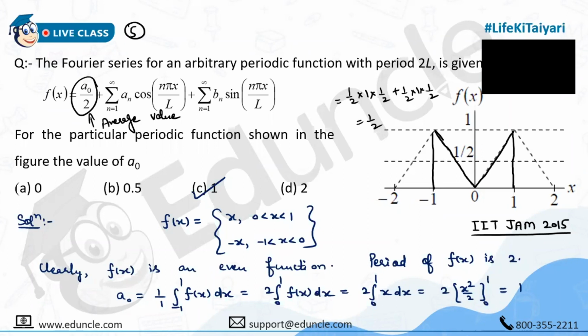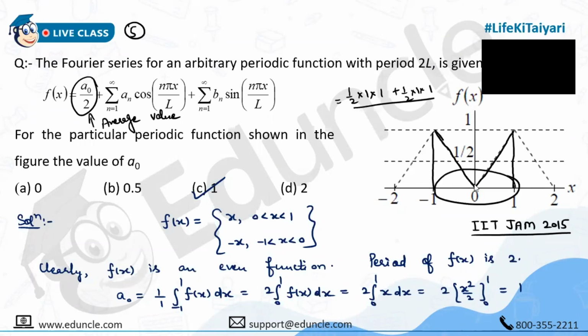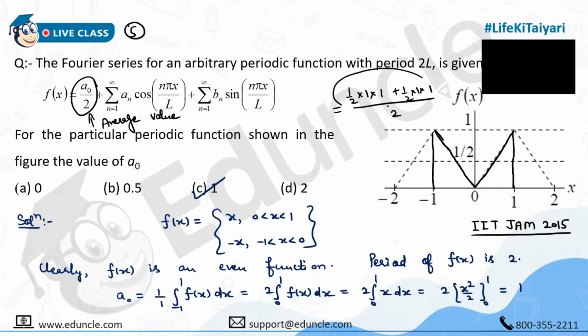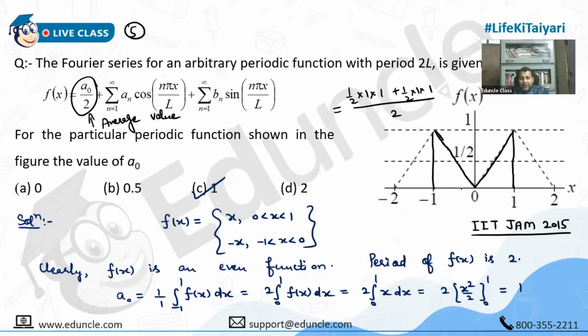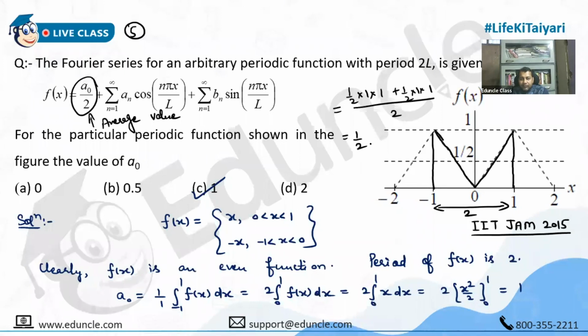Half into 1 into 1. चलो मैं दो पार्ट्स में कर देता हूँ. This is the area. Divide by 2. डिवाइड भी एवरेज निकालना है ना आपको. कितने पीरियड के ऊपर आपने सम करा? आपने करा -1 to 1, तो वो भी तो 2 होता है ना विड्थ. तो वो आप कंबाइन कर लीजिए डिवाइड. So 1/2 आया ना.